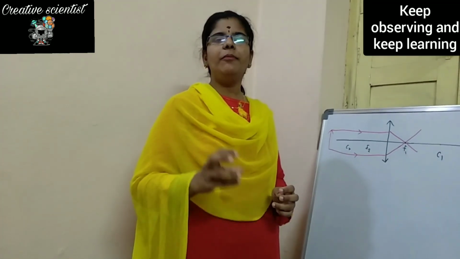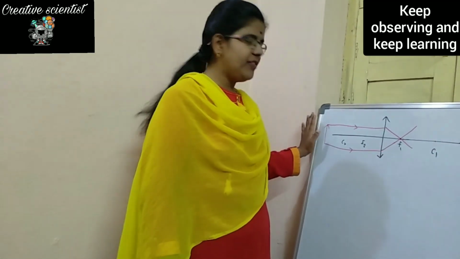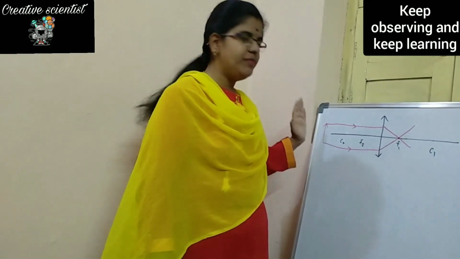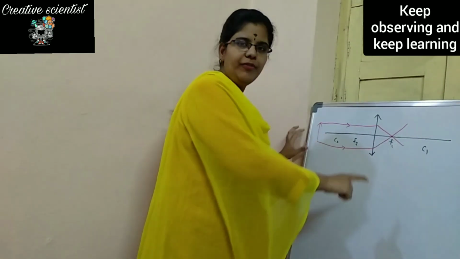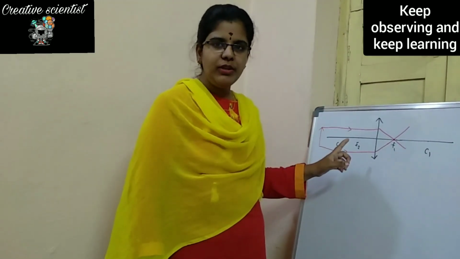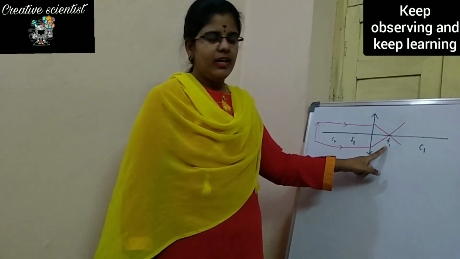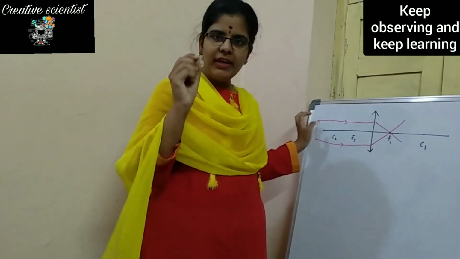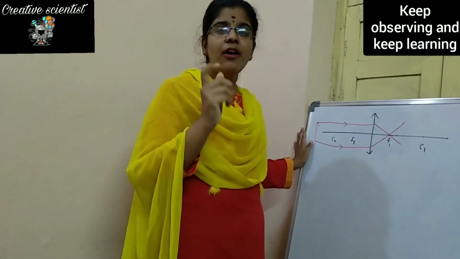We know that a biconvex lens is a converging lens. So in the first case I have taken the object out of the sphere, and the two light rays are moving from it parallel to the principal axis. When they are moving parallel to the principal axis, they are converging at F1, and it is forming a point size image, meaning a very small image.